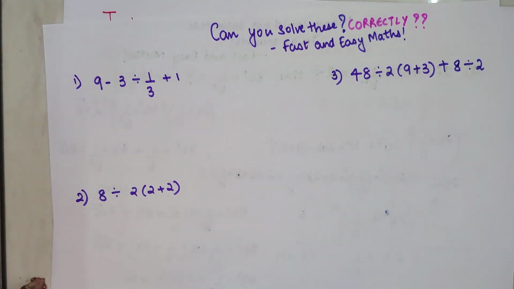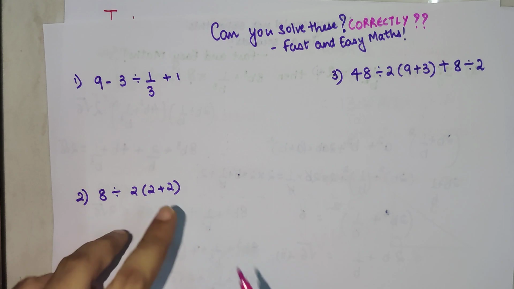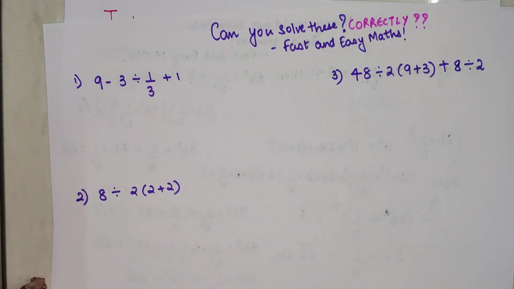Related to mathematics. Students, a lot of y'all have mailed me these kinds of questions, and everywhere I'm trying to understand that most of y'all are making a mistake in trying to solve these kinds of questions, especially where there are division and multiplication together. Then you end up doing the multiplication first, because you think that, since division and multiplication hold the same precedence, you can do any one first. No, that will not work at all, and I will tell you why those things do not work while explaining these kinds of sums.